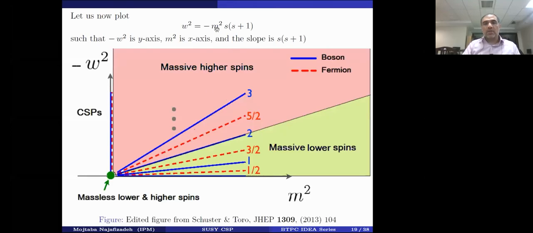If you plot this function, you will get such an image, in which all massive lower spins are located here, as you see, up to spin 2. All massive higher spins are in this region,